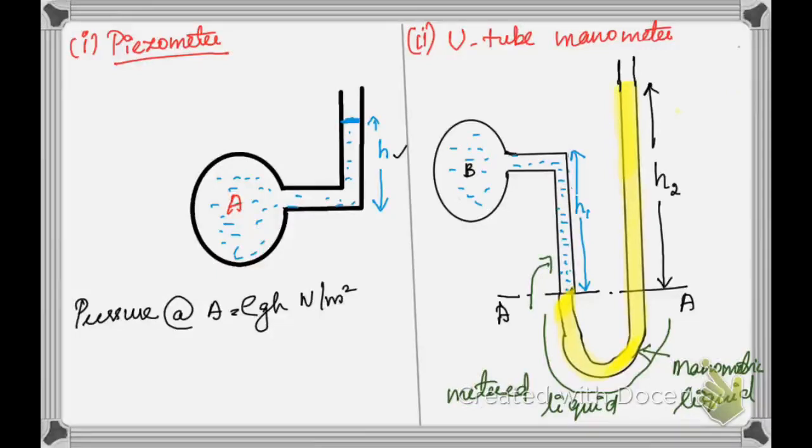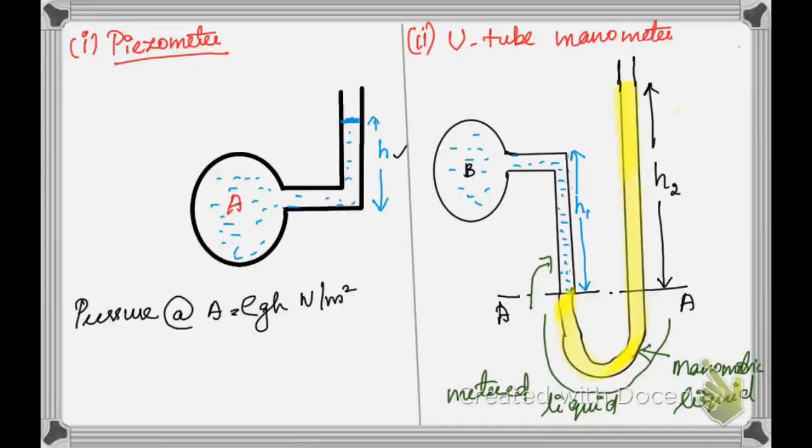And where do we apply this U-tube manometer? Mainly it is used for low range pressure measurement, and mainly in laboratories. Apart from that, it is used in orifice meters and venturi meters for flow measurements. We'll be seeing that later. It is also used for calibration of gauges and other instruments, and for measuring pressure drop in differential joints and valves. So these are some of the applications of a U-tube manometer.